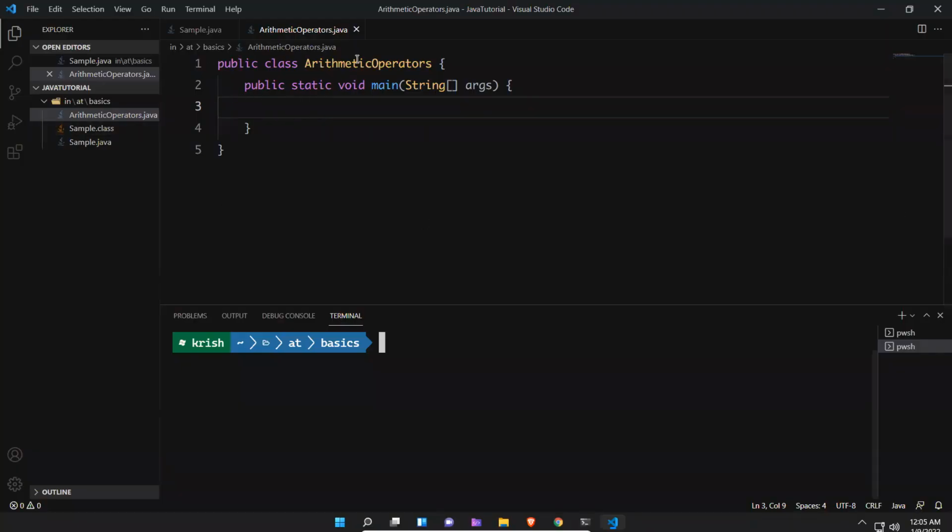I have created one class called ArithmeticOperators.java. Inside this, we will try to write some arithmetic expressions. I'll take int a equals 10, int b equals 20.